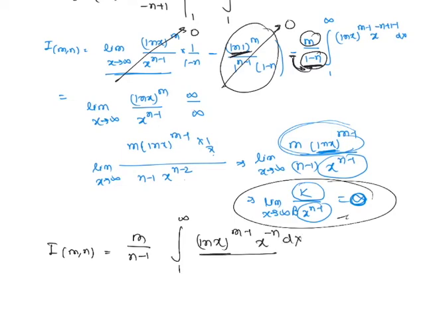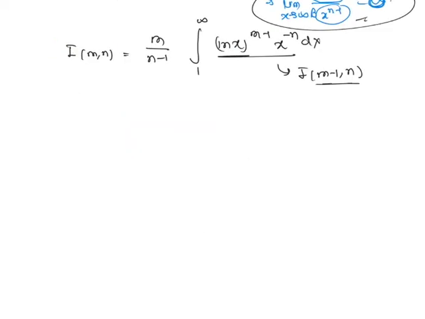This is nothing but I(m-1, n), correct. So we can say I(m, n) is equal to m upon (n-1) I(m-1, n),